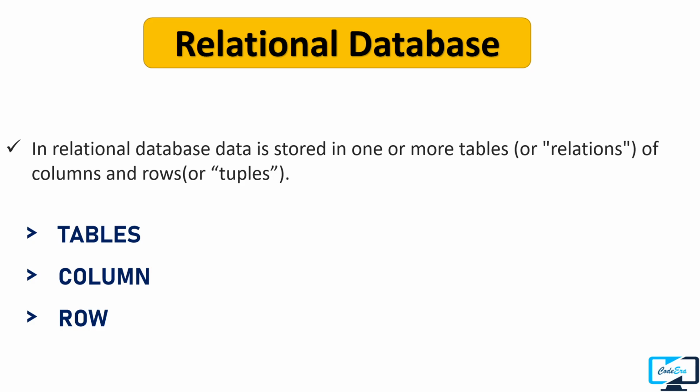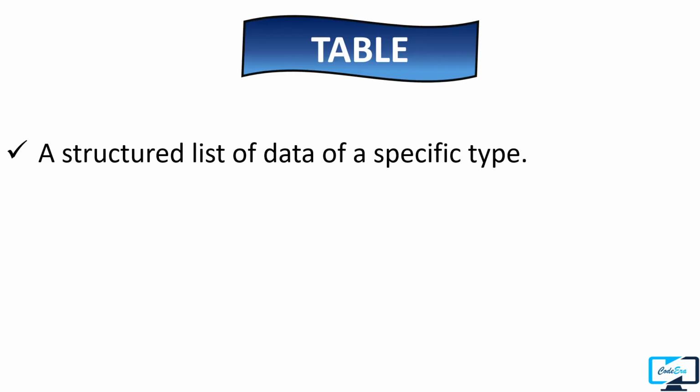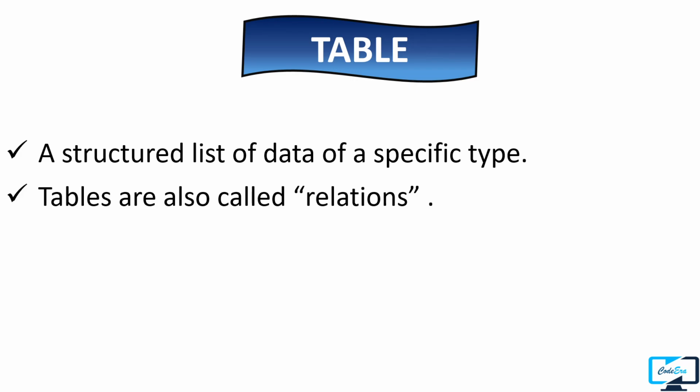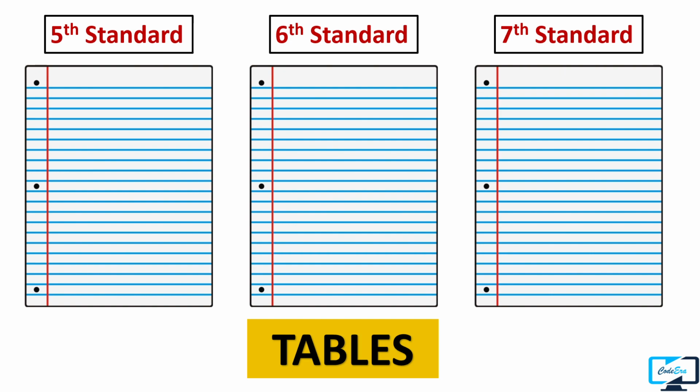So now our next term is tables. So in a database, table is a structured list which contains some specific type of data. And we also refer tables as relation. So relation is one more new terminology we use in SQL. So for example, in school registry, we have details of all the students of different standard, like 5th standard, 6th standard and so on. So suppose this particular page of the register contains the detail of the 5th standard students. Then you can think of it as a table, because it has some specific type of data which is only related to the 5th standard students.